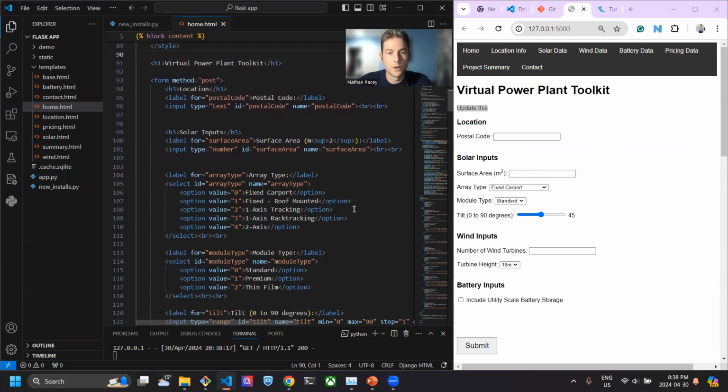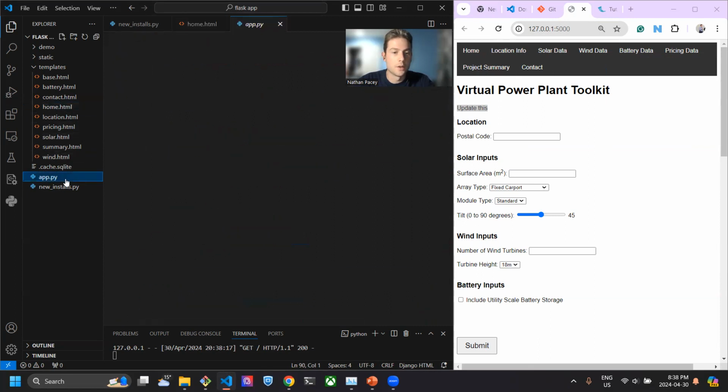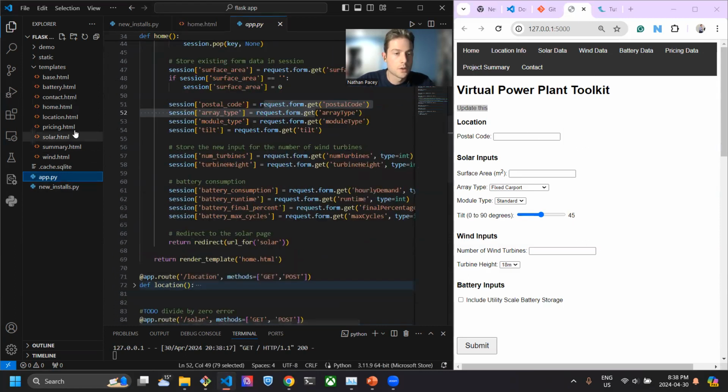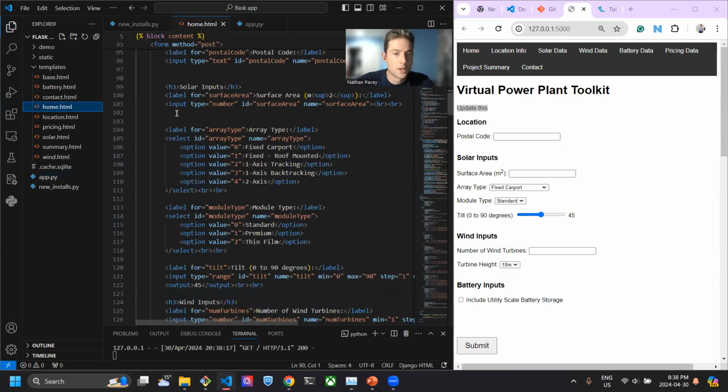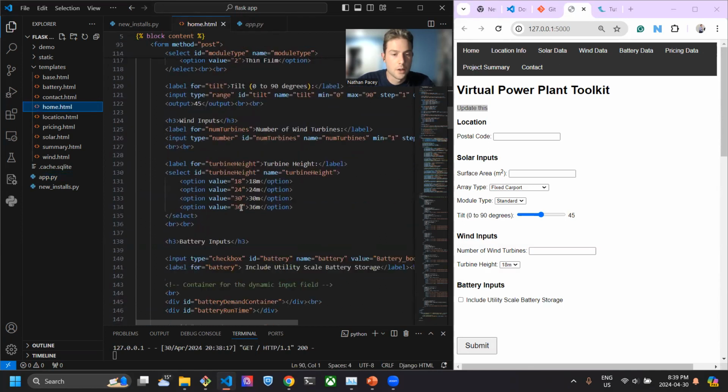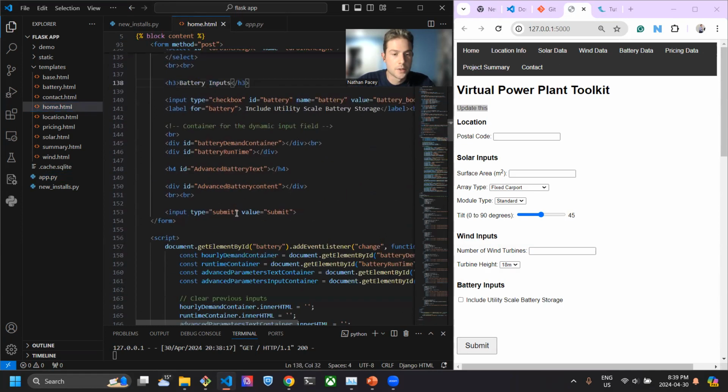Say we want to make some sort of real change within the app. One thing that could be useful is having a buyback pricing on the actual HTML page that the user inputs as a text box. So we could go to, and why don't we put this buyback pricing at the very end? So we could go past battery inputs and before submit and say I want